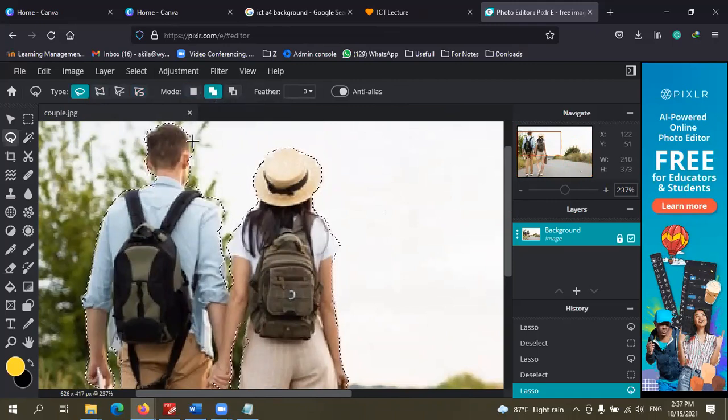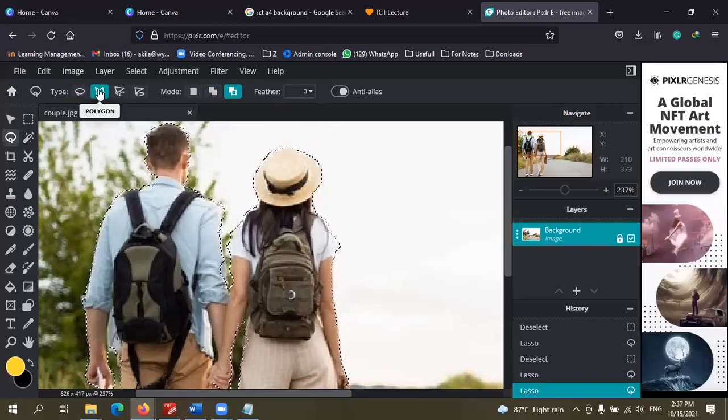So here you can see I have mistakenly selected some unwanted area, right? Now what I'm going to do, select remove from selection and use a tool and just draw and select the unwanted area like this. See? And in this place you can see, right? So I have selected all these areas. So this one is very easy, polygon lasso.